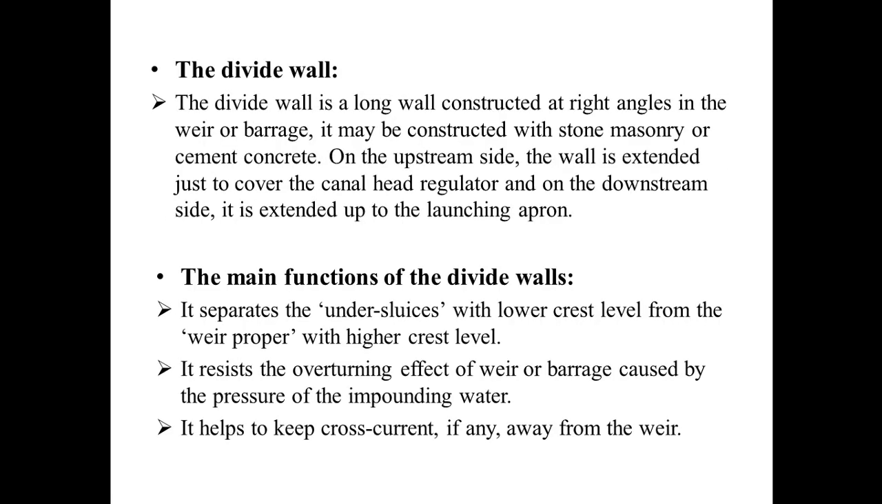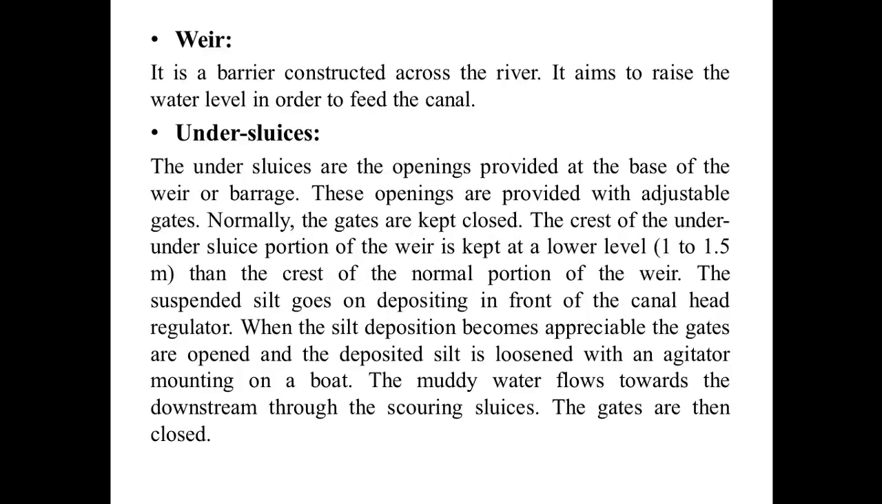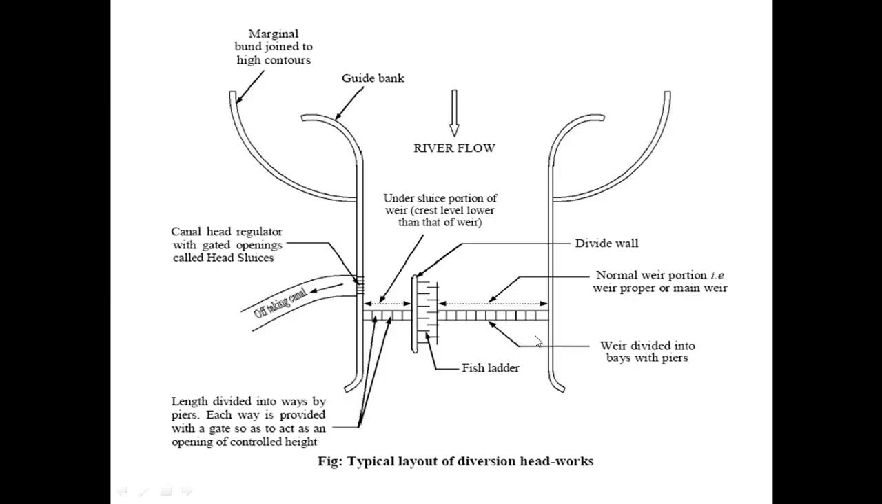Next one is the divide wall. What is the divide wall? A divide wall is a long wall constructed at right angles in the weir or barrage. It may be constructed with stone masonry or cement concrete. As you see in the figure, this is the diversion headwork. It is constructed perpendicularly to the weir, and it is constructed of concrete or stone masonry,